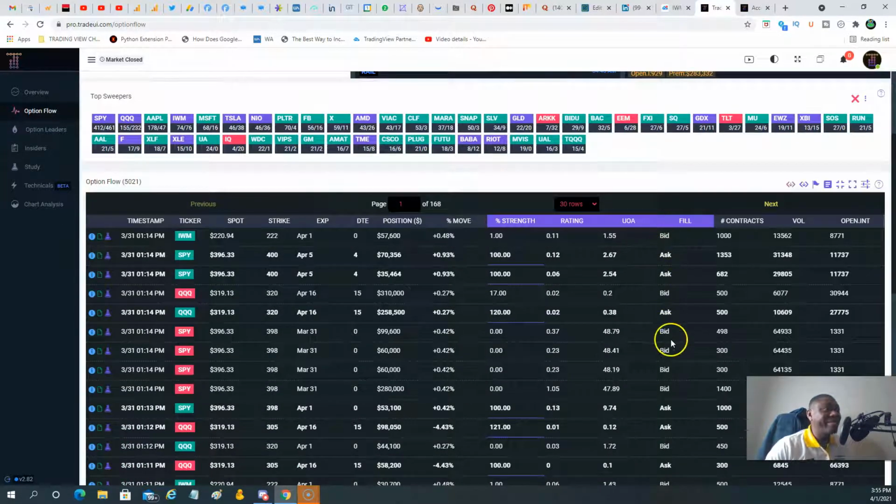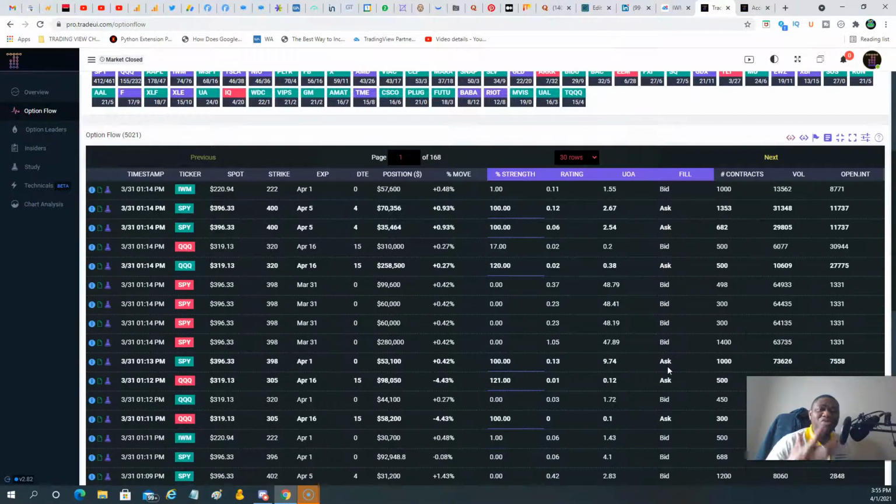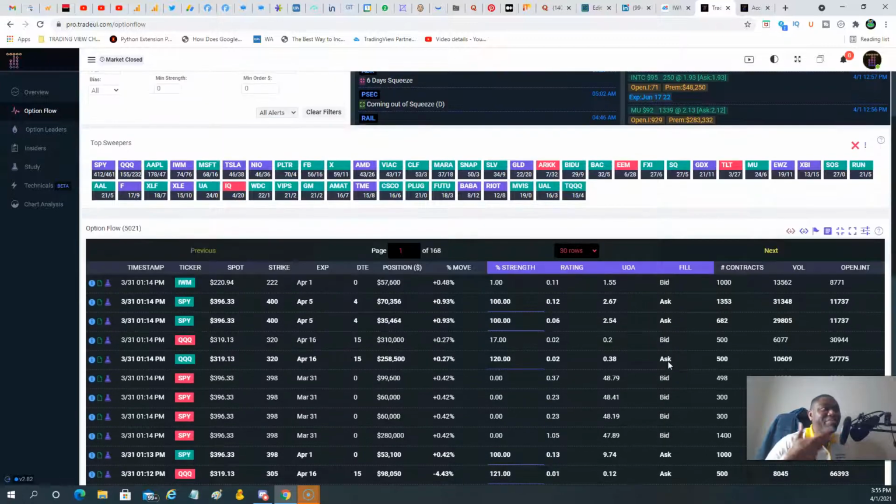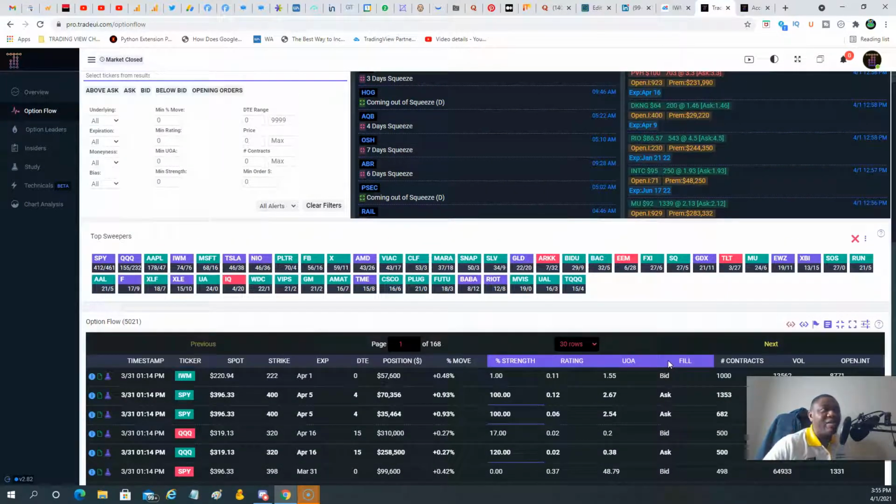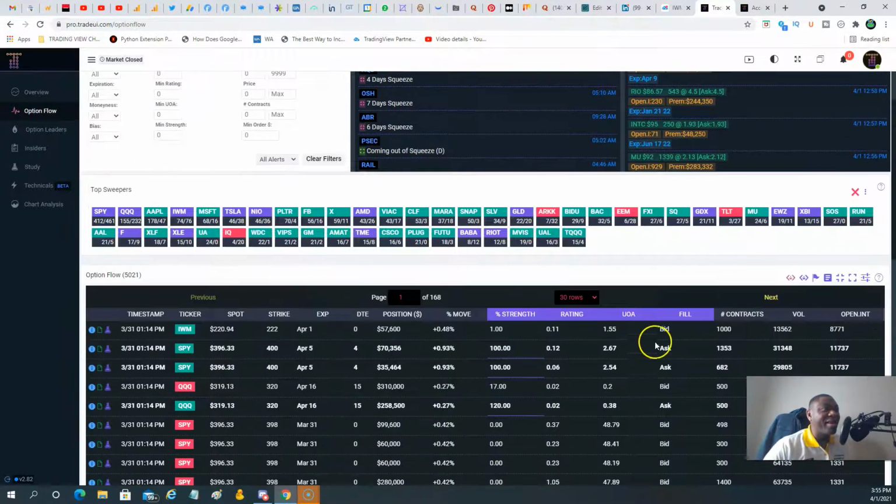What we want is something that's actionable, meaning when somebody is buying something hot, let's say at the ask price or things like that. And then they define some three metrics here that we are going to come back to inside of the study. So the strength, the rating, the UOI, which is a ratio that we will give you when we go into